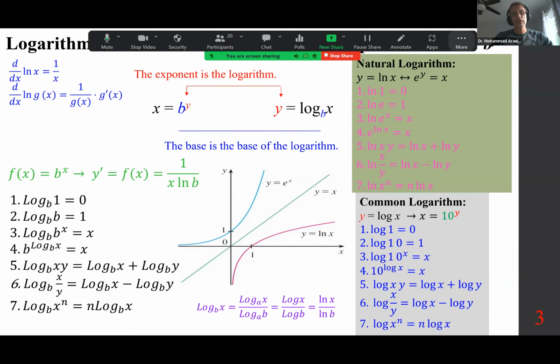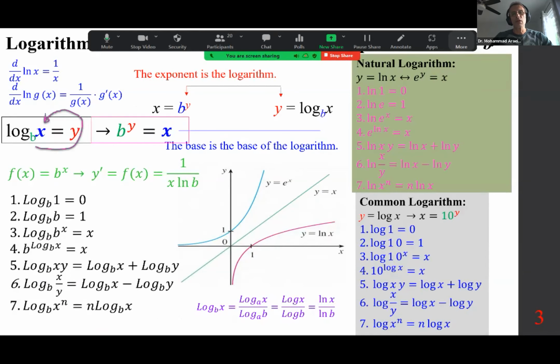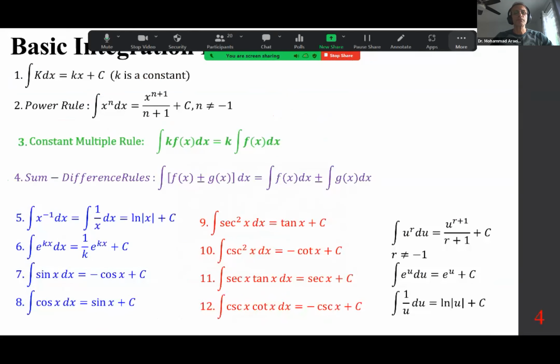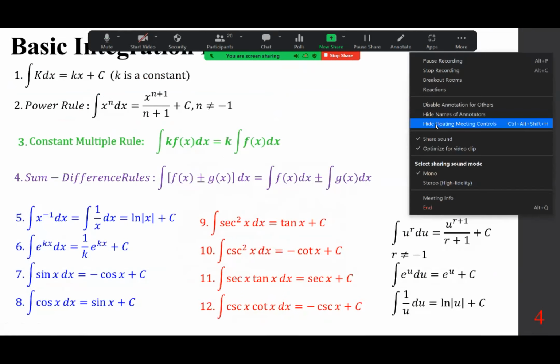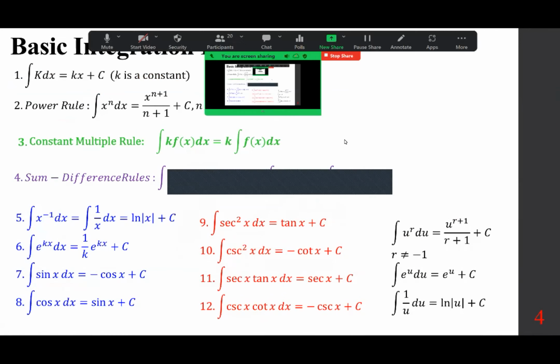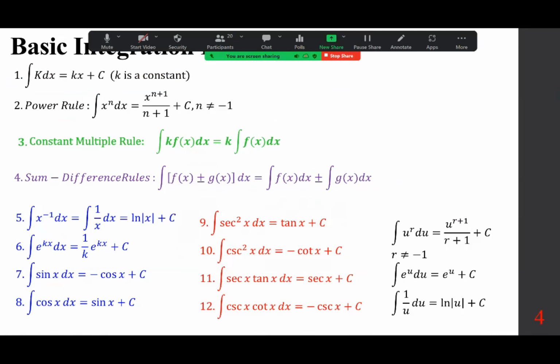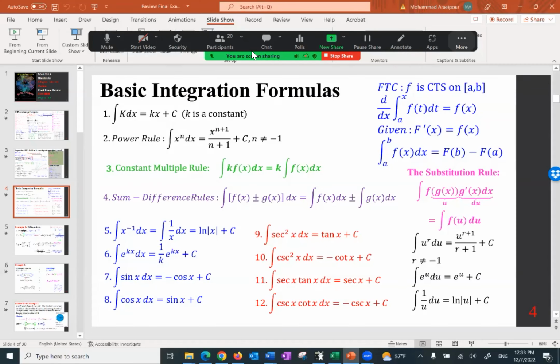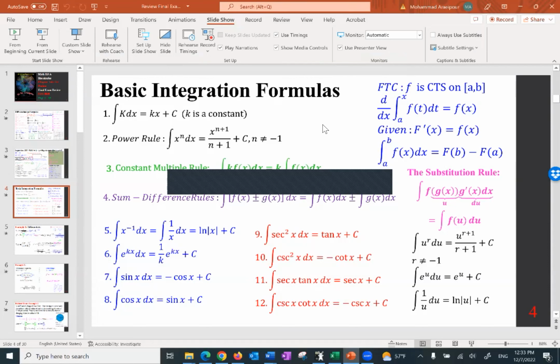Logarithmic properties. If we could figure out how to go from logarithmic format to exponential format using this arrow, all properties are easy to understand. Basic integration formulas, which is the reverse process. We are adding the FTC, the substitution rule,